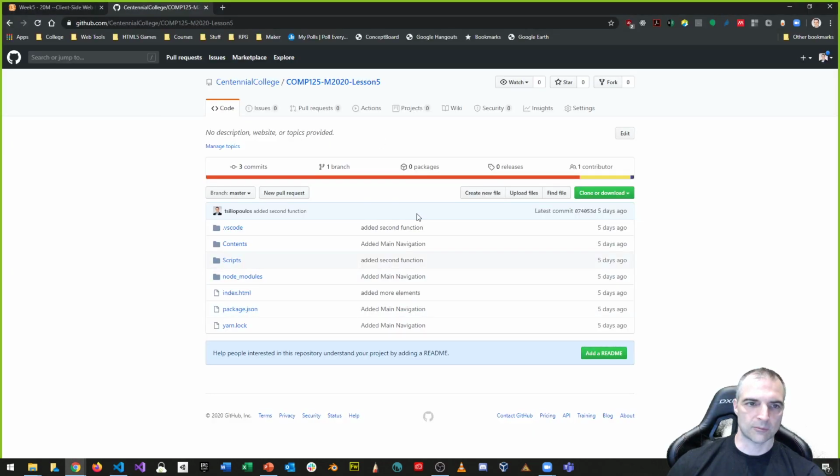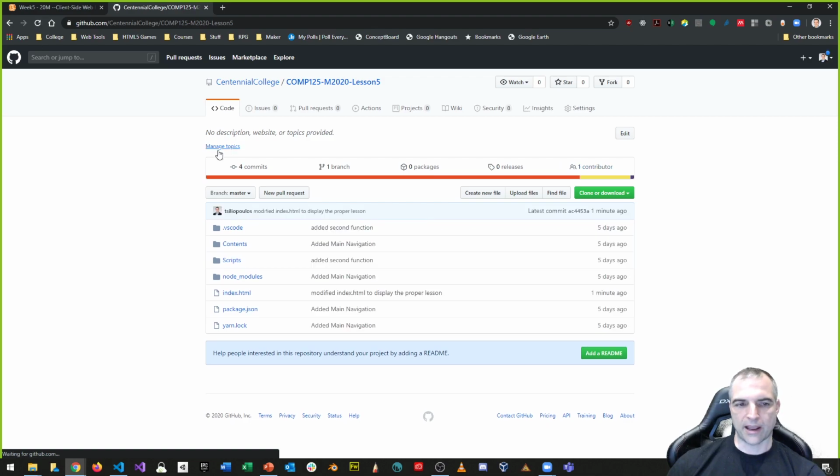If I go back to my repository, I should have a fourth commit when I refresh. You see now that I have a fourth commit, and all I've done is modified this file. It actually tells you where it's been modified, index.html. This line here tells you the last commit, whatever it was, that modified the file or folder or whatever. Okay. But let's suppose I want to add a README file now up on my GitHub,